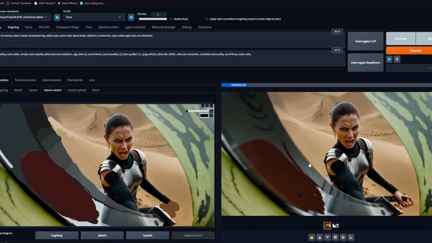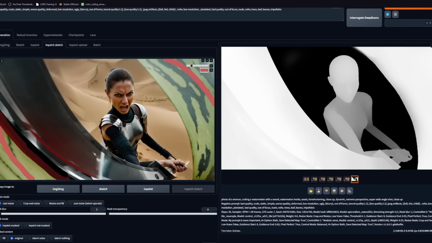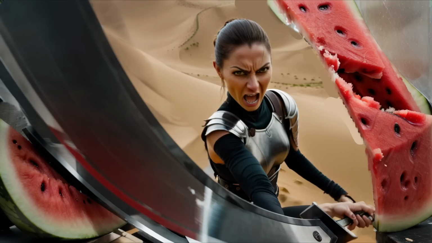It might take some iteration, and do not expect perfection yet. For the watermelon, I will also use Inpaint Sketch, since we want the interior to be visible and both Epic Realism and SDXL seem to struggle with giving me what I want.